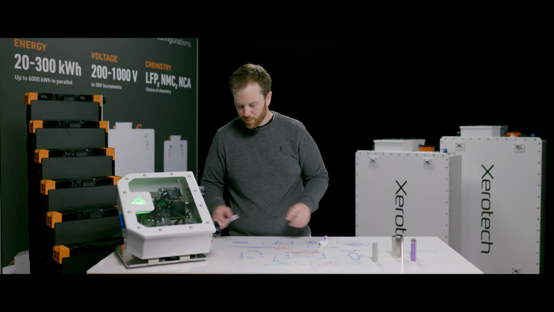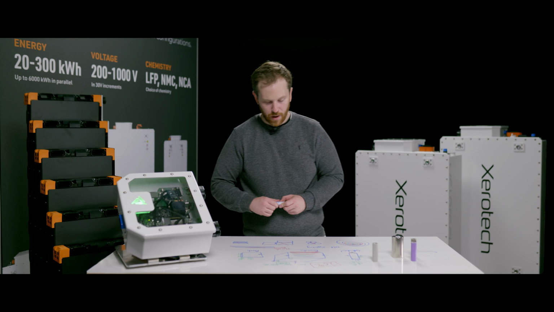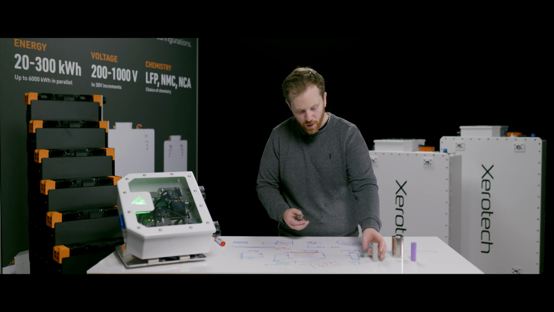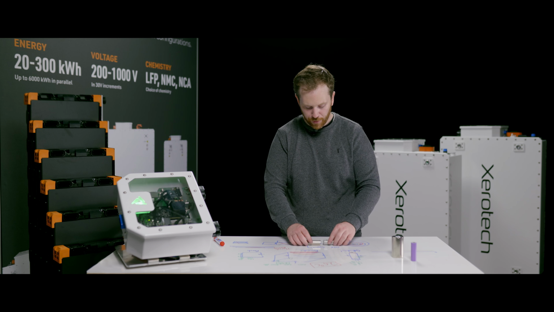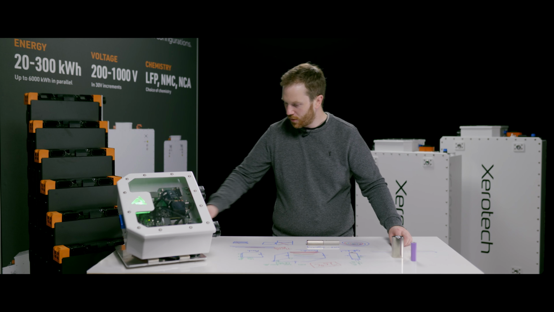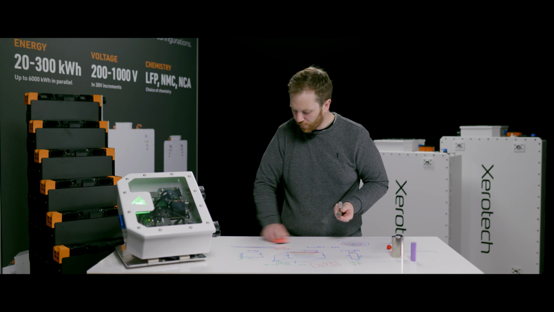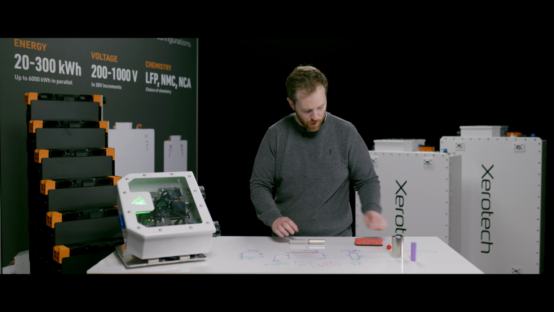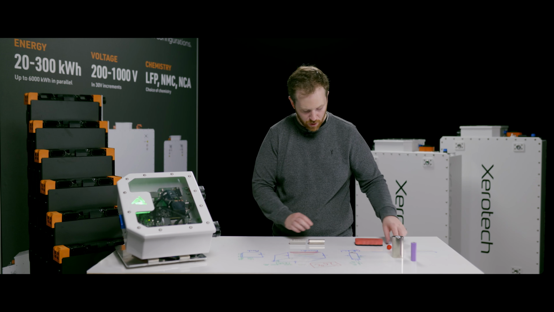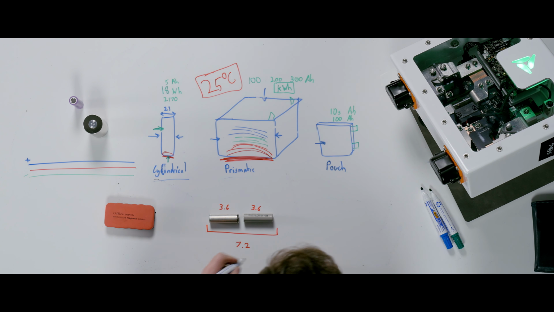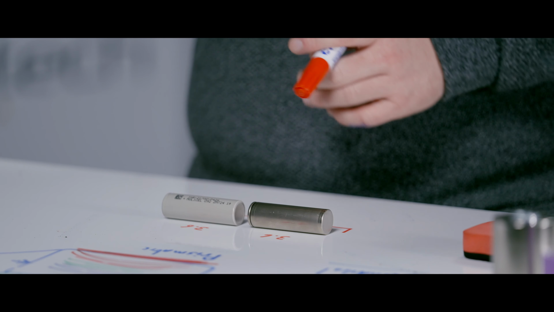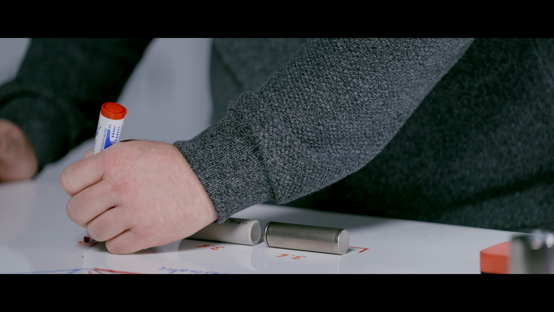The other more practical aspect of building cylindrical packs, for example in the Zerotech case, is that we have much more flexibility. So when you take battery cells and put them in series, each battery here, just to simplify it, is roughly 3.6 volts. If we put two cells in series, you end up with 7.2 volts across that full pack, or that full assembly of cells. So having small units of energy lets you do lots of voltages.